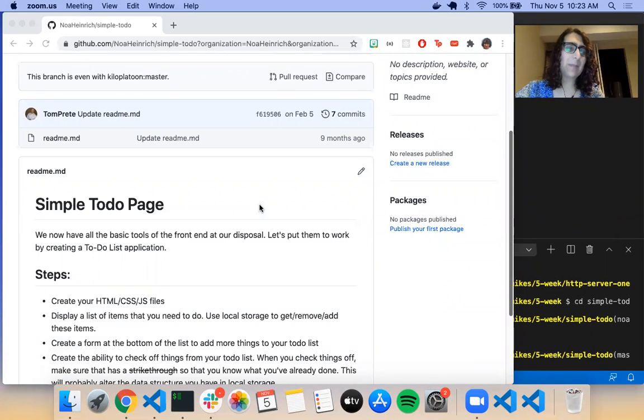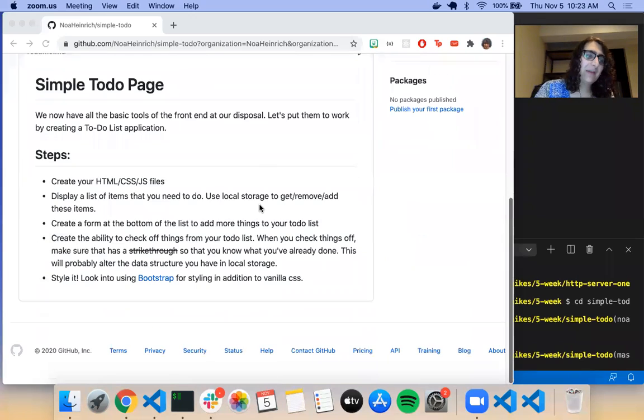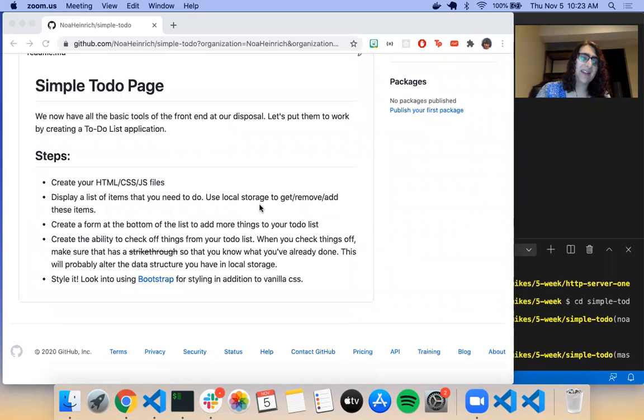All right, so simple to-do page. Like I said, everyone has to make your own to-do application at some time or another. It's like a rite of passage. And this one only gives us some bare bones steps, which we need to create our HTML, CSS, and JavaScript files, display a list of items that we need to do, and use local storage to get, remove,